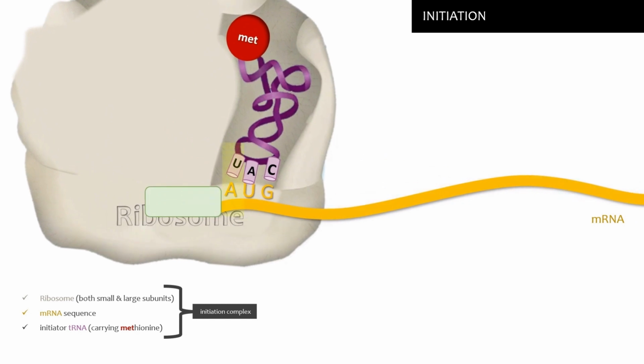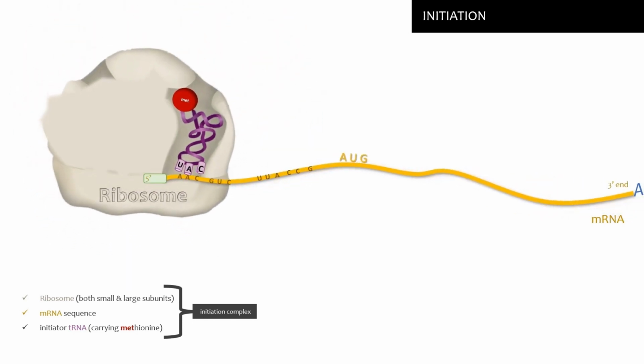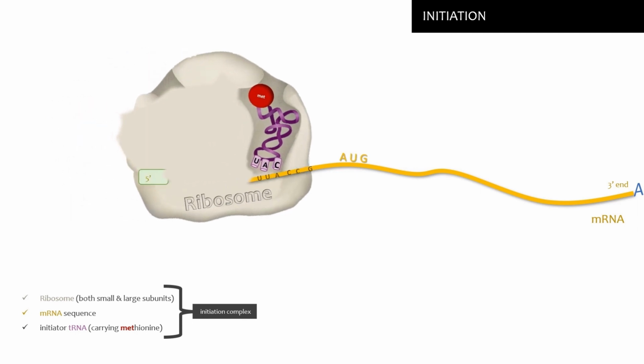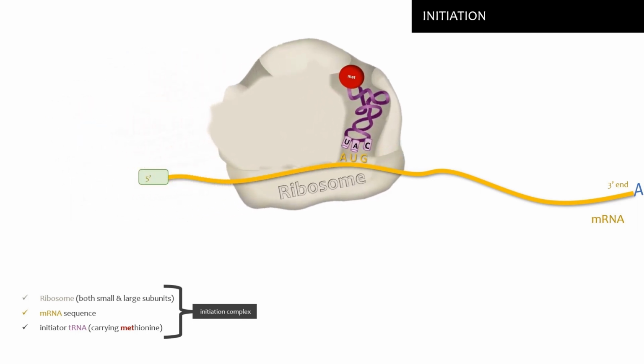U associates with A, is complementary to U, and C is complementary to G, which is our start codon. So this is how initiation takes place in translation. Together, the ribosome binds to the 5' end of the mRNA by recognizing the 5' cap. Then it, quote-unquote, walks along the mRNA in the 3' direction, stopping when it reaches the start AUG codon. The tRNA's UAC anticodon then binds to the AUG start codon, and the second step of translation is ready to